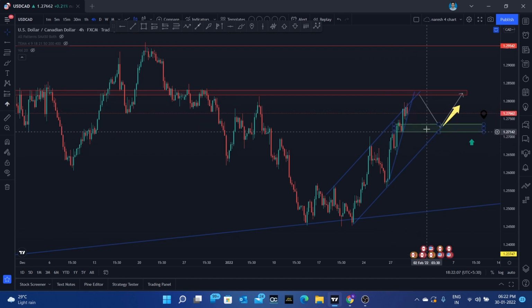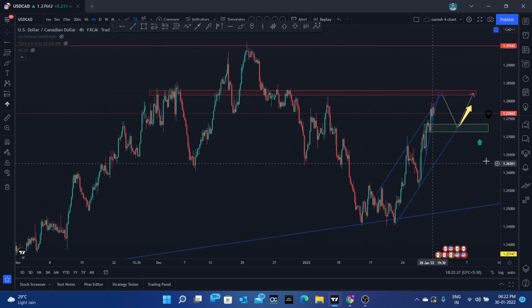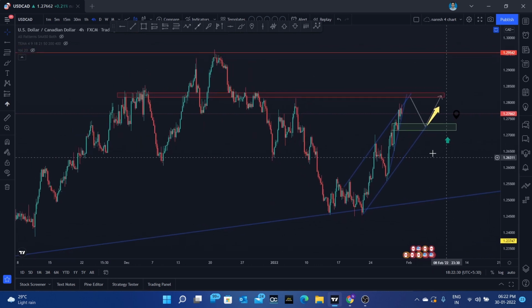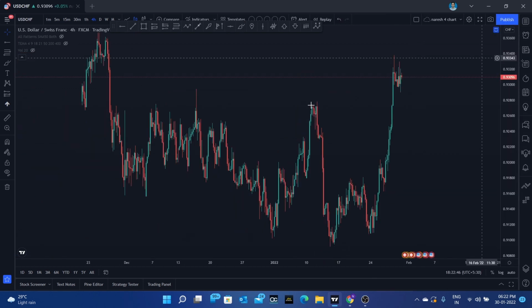If the price is coming to this area, you can go for long again if it is respecting this area, or else if it is respecting this trend line and making support in any area, you can look for long entries, guys. So in USD CAD you can only look for long entries, guys. That would be for USD CAD, because we are also having a major resistance area, so the price can come to this area and you can look for some kind of pullback in this area and go for long entries in USD CAD, guys. So next would be USD CHF.